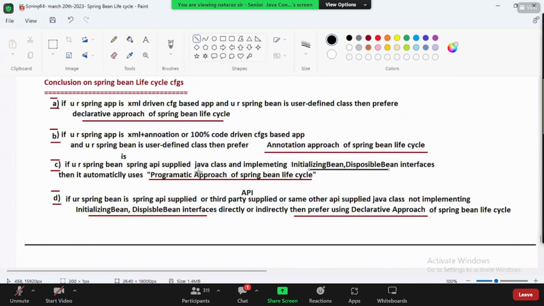What is your application development? What is your Spring Bean class? Can I ask some random questions? Okay, I'm developing my Spring application using XML plus annotation, and my Spring Bean is what? Predefined class. Then what should I do? My Spring Bean is a predefined class given by third party. Which approach of life cycle should I use? Declarative or annotation or